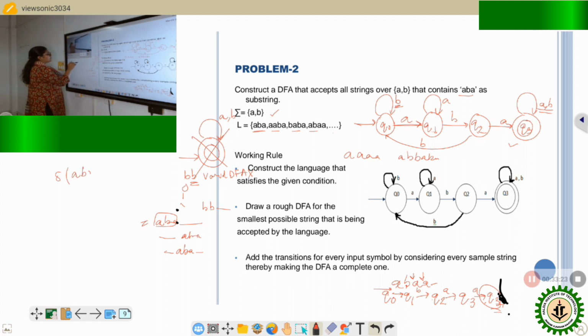I'll simply write it as ABAA. After that, what is the initial state? The initial state in this case is Q0. So this is how we make a representation. Next, this is the initial state, and this is the first symbol that is to be scanned. So we will be simply writing it as